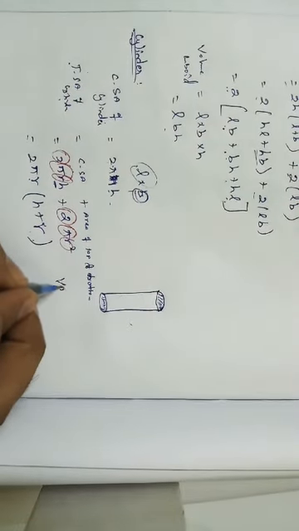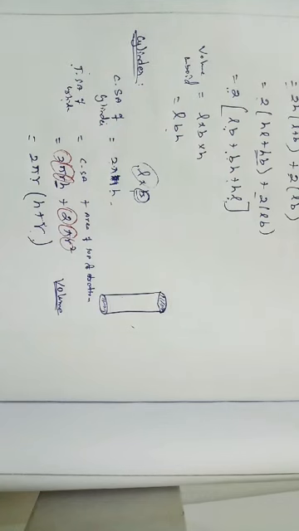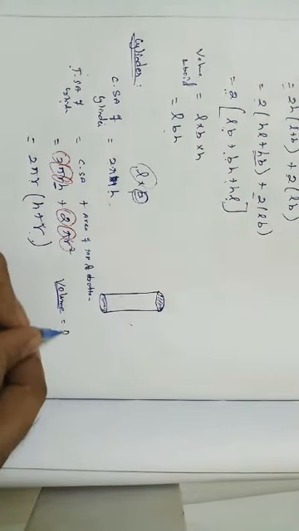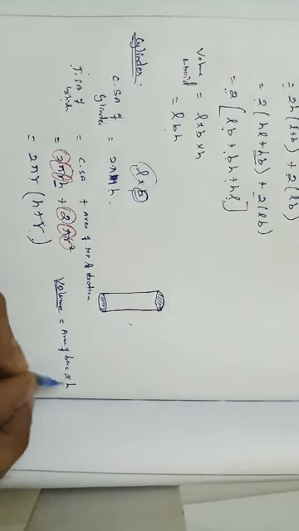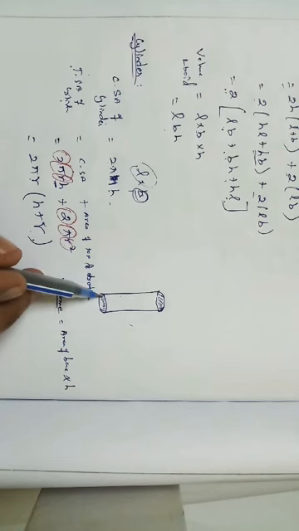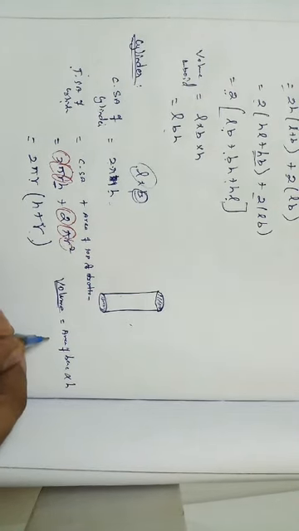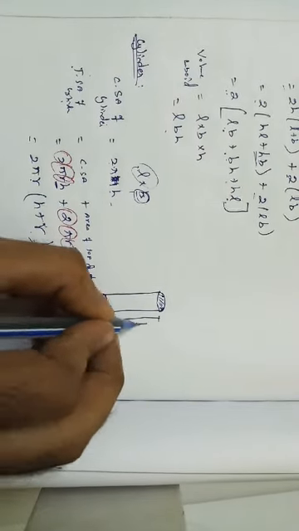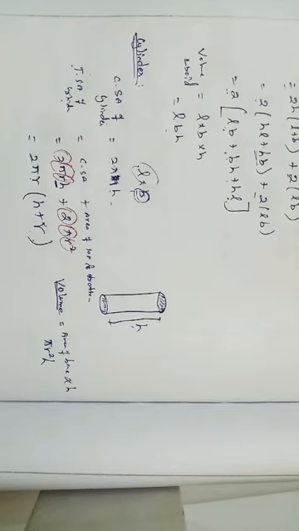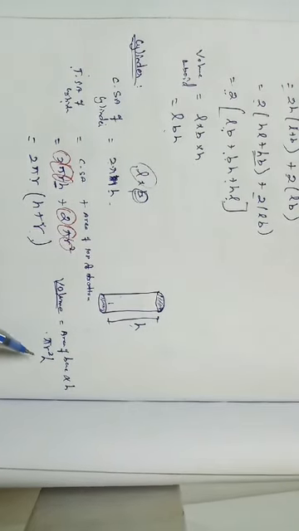Next we are going to see the formula for volume, right? Volume, I told you, is always area of base into height. What is the base? The area of the base is the area of a circle. What is the formula for the area of a circle? Pi r square, and the height of the cylinder I have taken as h. So pi r square h. So the volume of a cylinder is equal to pi r square h.